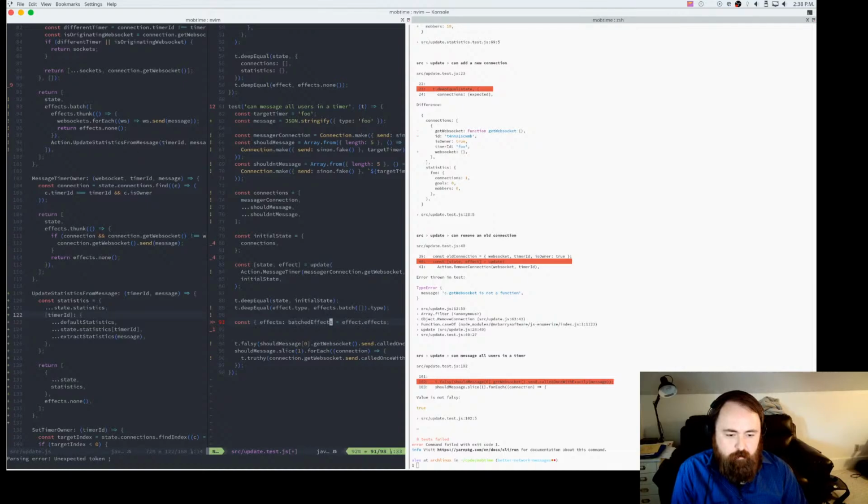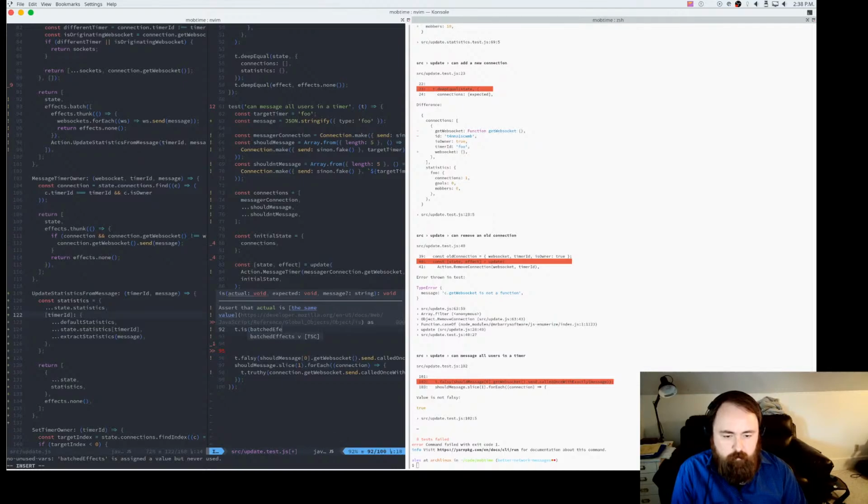We want to do a fancy destructure, which I don't know if it makes it read any better. But we know for sure that if we were to run, this should be an is. So we can say T is batched effects. So our first thing, we know the type is going to be the same as effects.thunk.